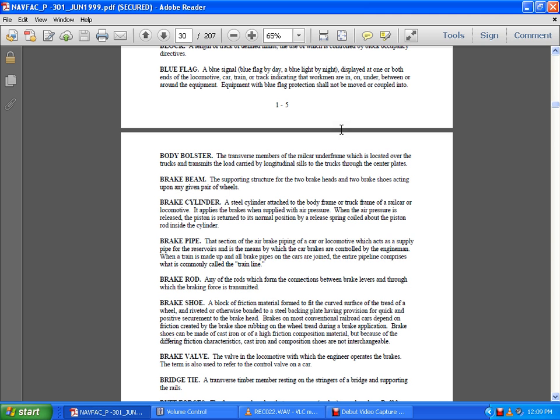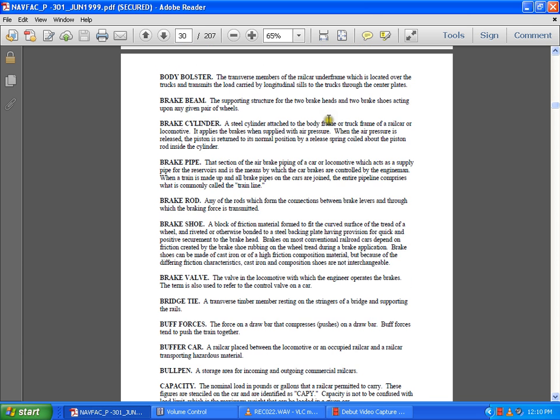A brake on a conventional railroad car depends on friction created by the brake shoe rubbing on the wheel during a brake application. Braking shoes should be made of cast iron or high friction composition material. Because of their differing friction characteristics, cast iron and composition shoes are not interchangeable. Brake valve, the valve of the locomotive which the engineer operates on the brakes,